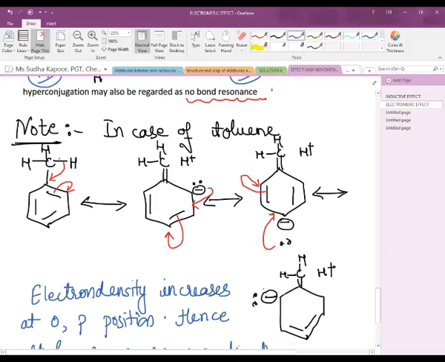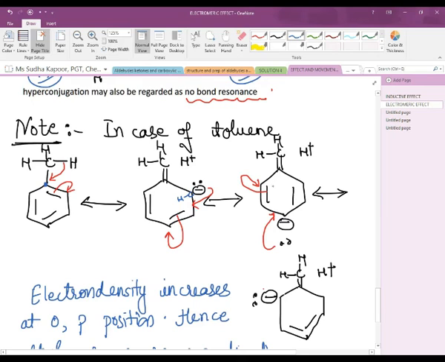In case of toluene, the shifting of the sigma bond takes place from the CH of the methyl part towards the sp2 hybridized carbon present on the benzene ring. So it got the double bond character. But as soon as this sp2 hybridized carbon, which is attached to CH3, gets the double bond, it makes the shifting of the pi bond on the ortho position. Now, the ortho carbon, which is having 3 bonds, tries to complete its structure by converting a lone pair into a bond pair. The similar rotation takes place on the para position and further on the ortho position.